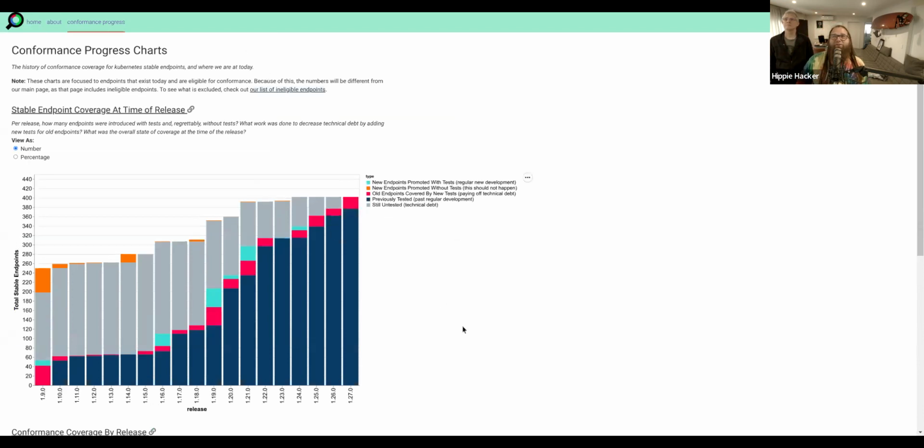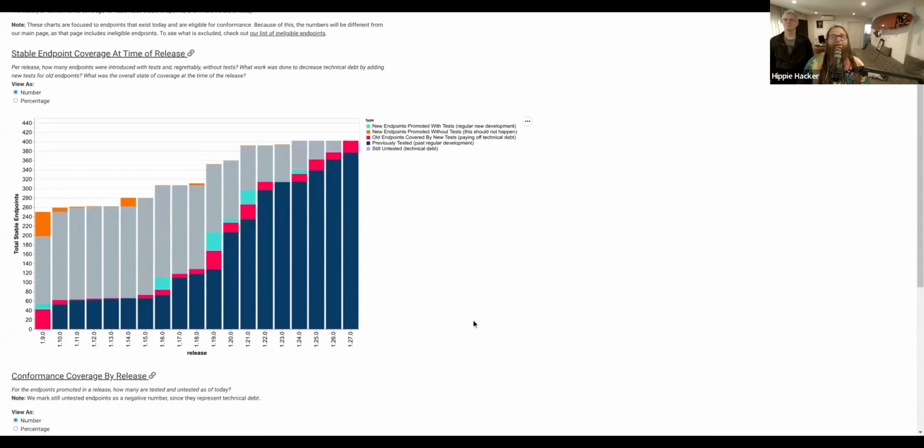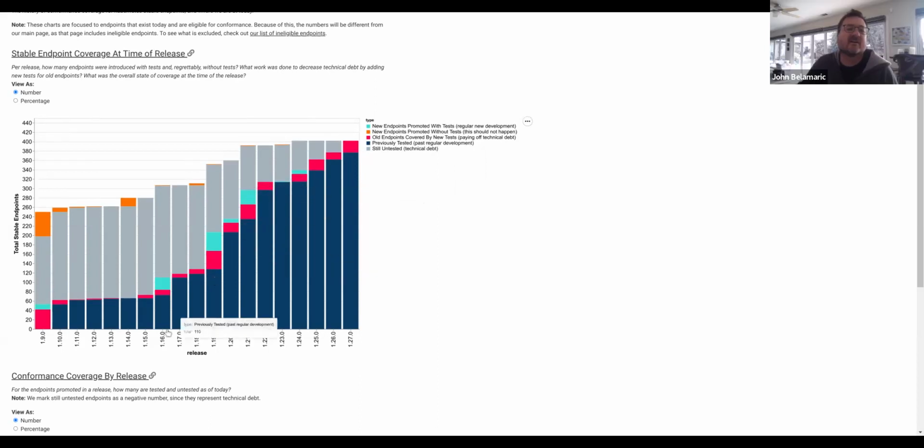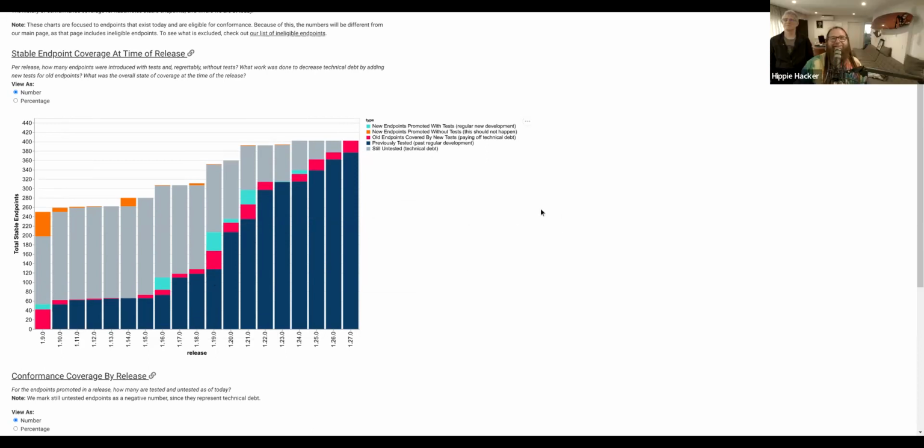So far, we've had gray stuff that is technical debt, and we have completed 100% of the technical debt as of today. The red stuff is where we've colored in debt by adding tests. The turquoise stuff is where the community has done a great job bringing things forward. You'll notice there haven't been a whole lot of new endpoints since COVID. Either we have reached maturity or we slowed down, and it's fine.